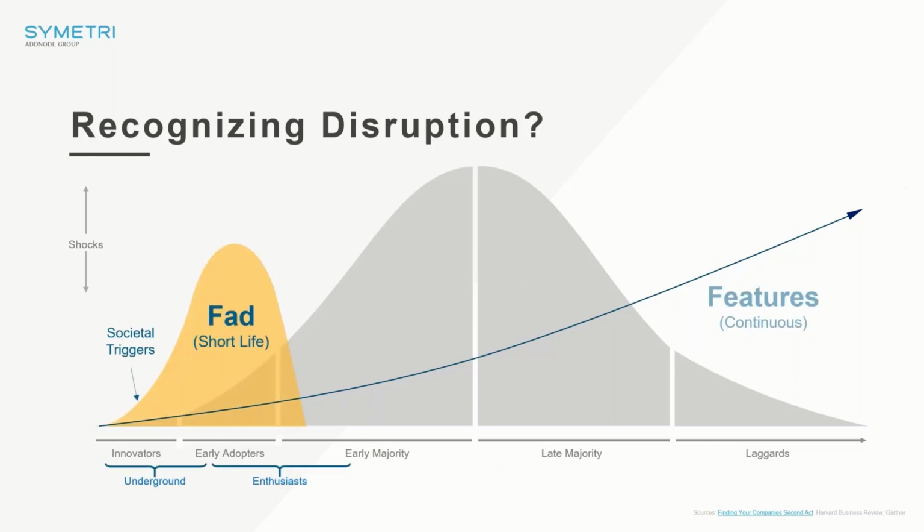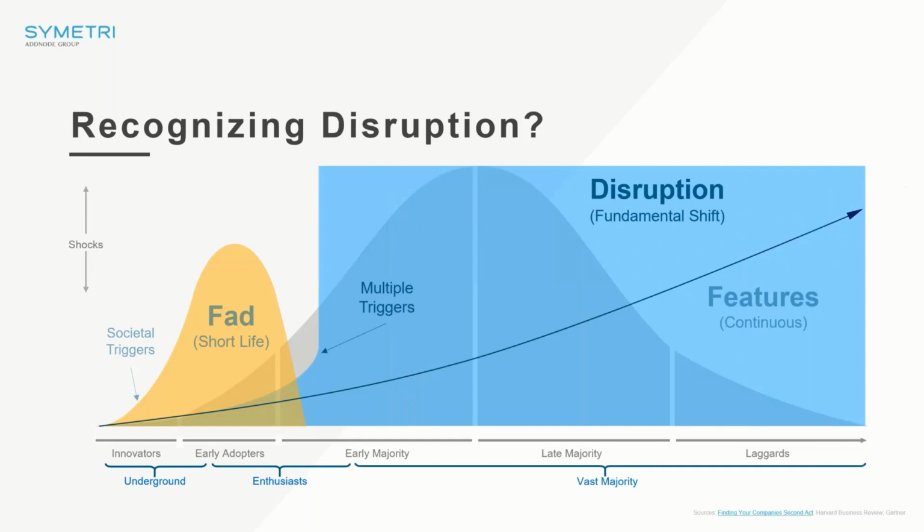And then we have fads. So fads often have a kind of societal trigger. They have a much bigger shock, so much bigger shock to the society, to the system. Something happens that makes a community really excited, and it can have a really large impact, to be honest, but it can really quickly disappear and reduce that impact very quickly. It never fully takes across the entirety of the spectrum, right the way from innovators through to the laggards, but it might have a real sort of cult following in some places. So an example might be something like Pokemon Go, for example, or Vines. But neither of these two things are true disruption. Features and fads can be important, but they're not true disruption.